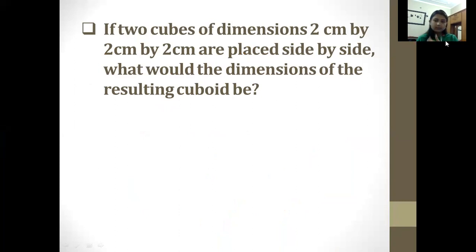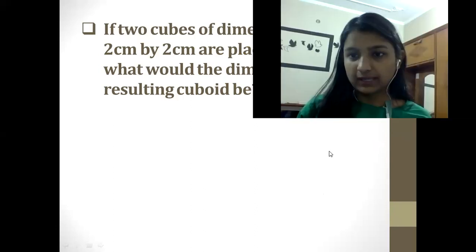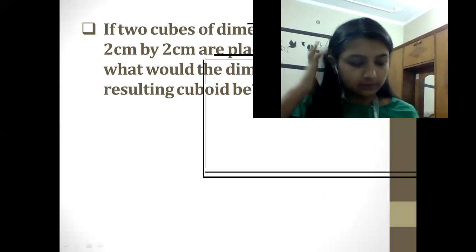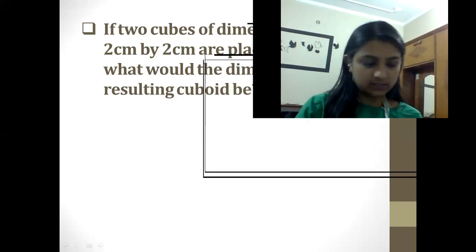Definitely, we will be considering cubes that is having a dimension of 2 centimeter. We have to take two cubes first, then we have to combine with each other. They are having similar dimension, that is 2 centimeter. Then what we would be achieving, like let me show you here. I would be giving you a few seconds. I assume you have understood the question.